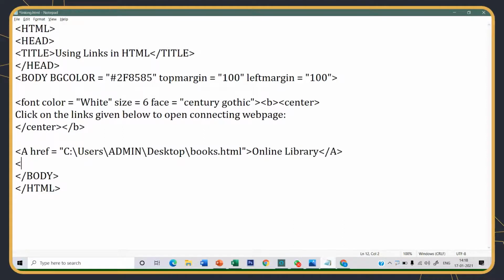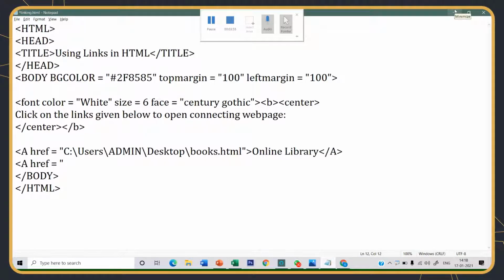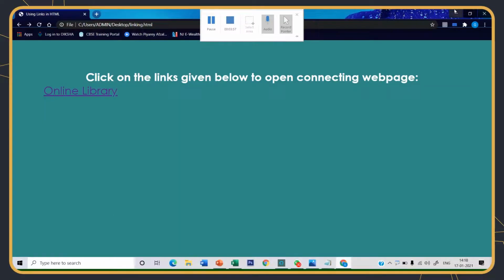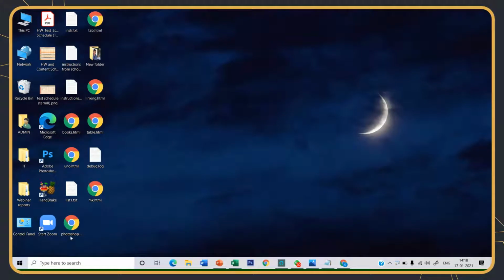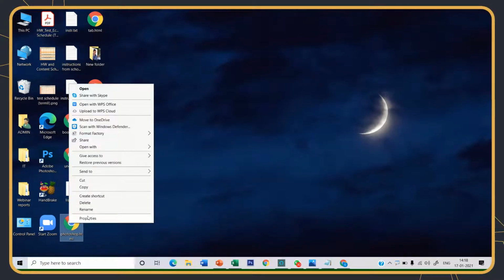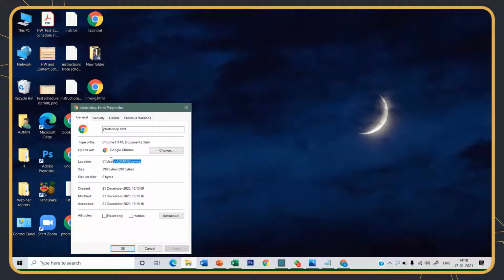How? Again, type A href equals to, I'm going to copy the path of another web page that I want to display. So I'm going to minimize this, and here, right click on it, properties, type, select the path, Control plus C, OK.